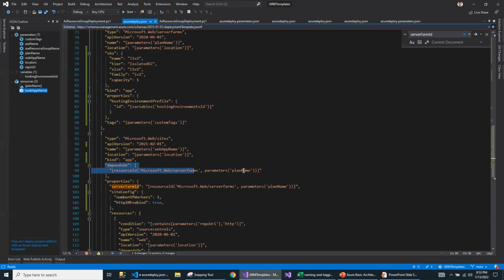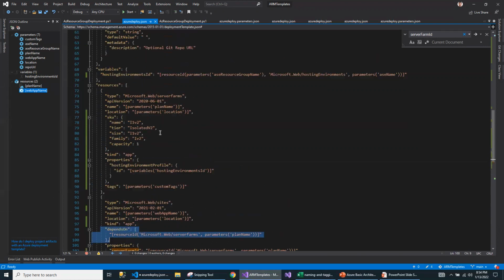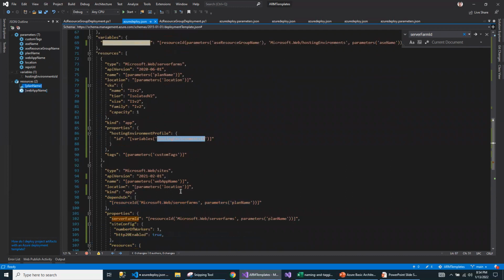When you are creating the app service plan, you need to say what the dependency is. So make sure that when you keep the dependsOn property, that resource is getting created as part of the same Azure deploy script. I was actually getting an error when I kept the dependency on the app hosting environment, because I'm not creating the app service environment as part of this script.